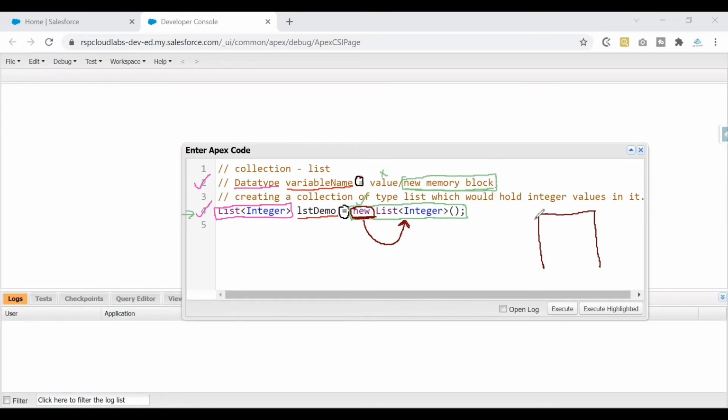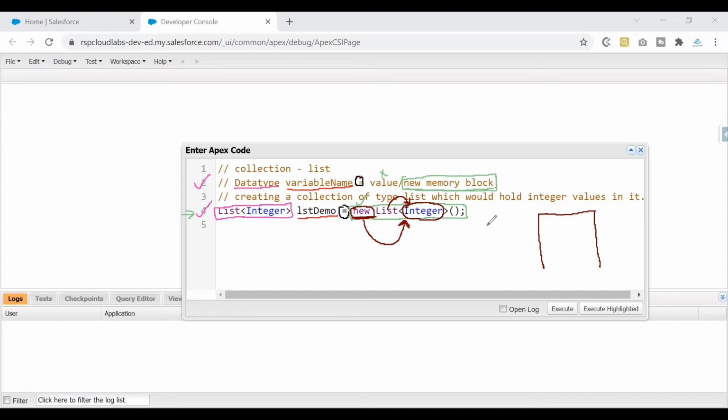Think of a cardboard box just for our understanding. The system might process this a little differently. For us to understand, we are thinking of a cardboard box to understand this concept better. Now it would create a cardboard box for us. And what are the items that are going inside this cardboard box? How will we get to know? Just by reading the data type that is inside it. So list of integers. That means whatever value we are placing inside this cardboard box, it knows how to allocate memory so that it can accommodate the integer values that are coming its way.